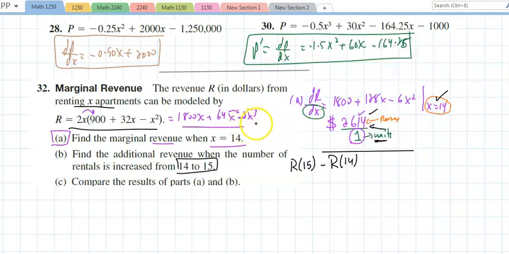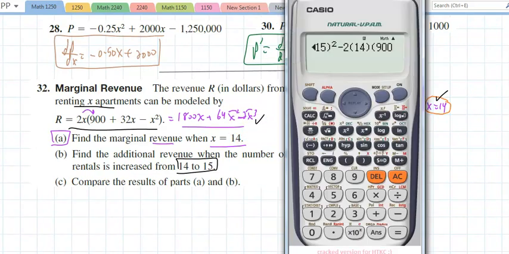Oh, I could have used this also. I don't know if that's easier. Here, I'll use that for the second one. For the second one, I'll use 1800 times 14 plus 64 times 14 squared minus 2 times 14,